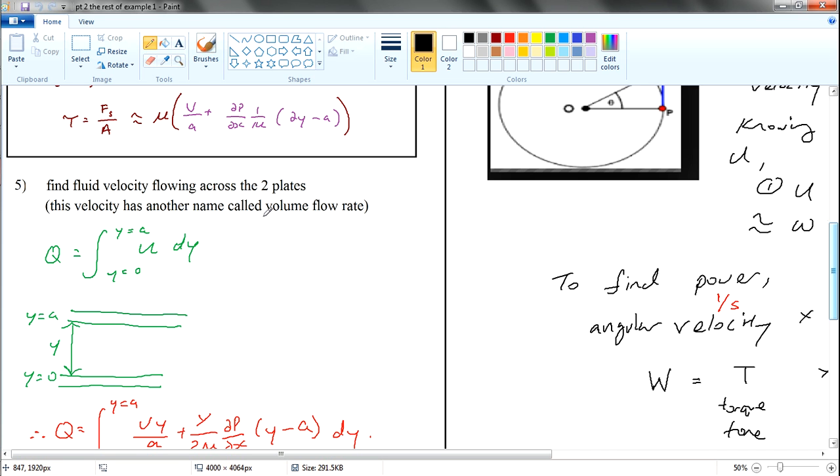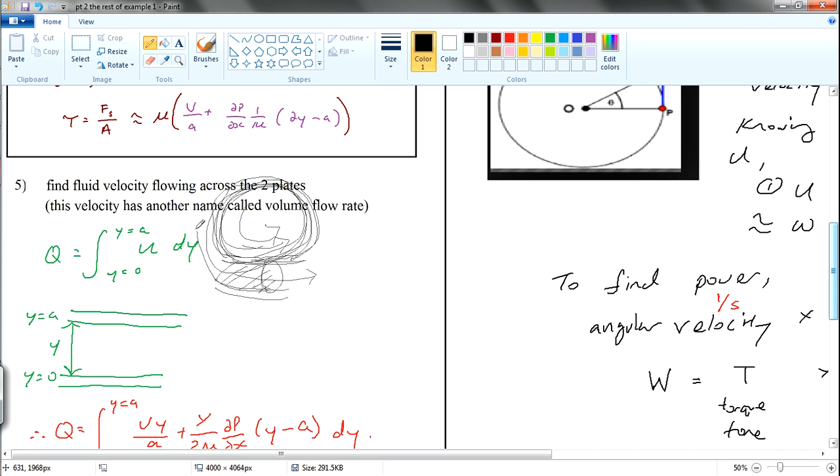So imagine we have a fluid, the volume of fluid. This is the volume of fluid moving across the two plates. So this is one plate and this is the other plate. We're trying to find the fluid velocity moving across these two plates. The reason this fluid moves is mainly the torque power generated by the shaft that is spinning,